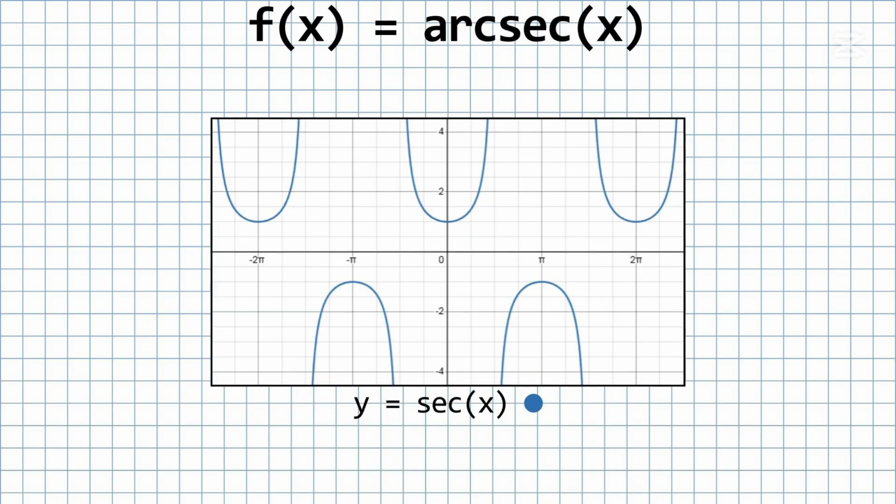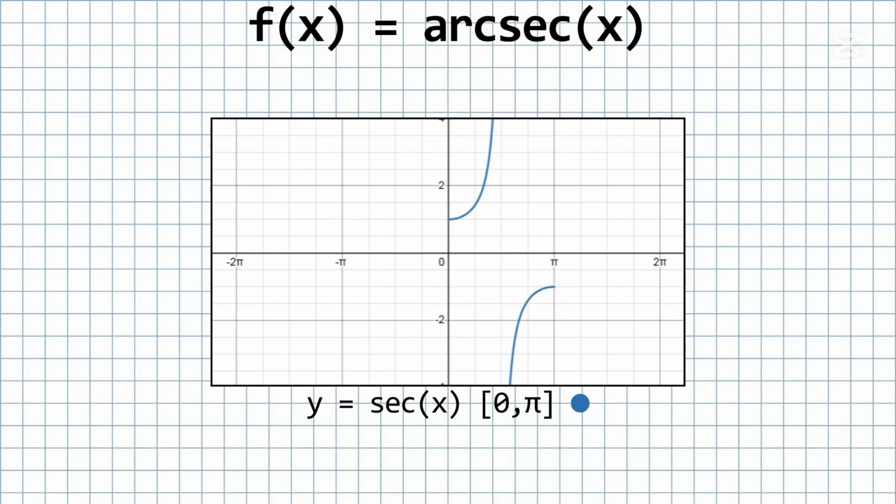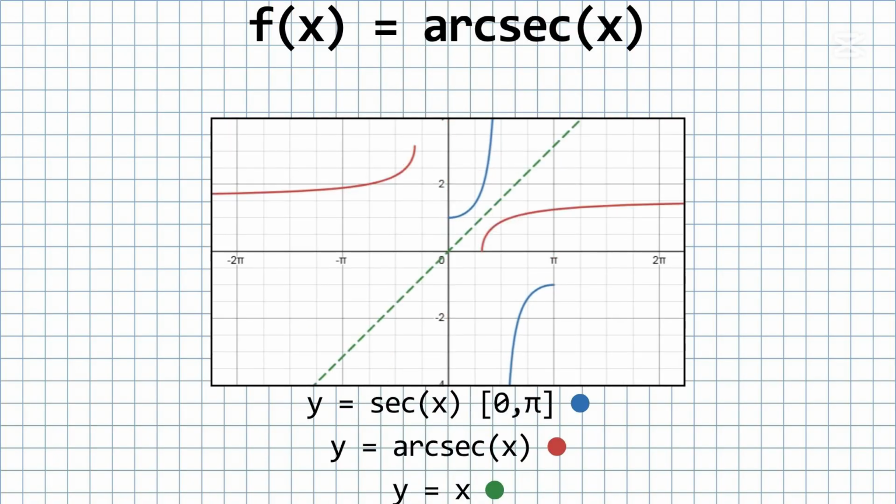Now, we know that trigonometric functions are periodic, which means they will not pass the horizontal line test in order to achieve their reciprocal functions. So we will take the domain that is the closest to the origin of that function. And for the second function, I will take the domain from 0 to pi. Then I will reflect the function over the identity function in order to achieve the second function's reciprocal function,